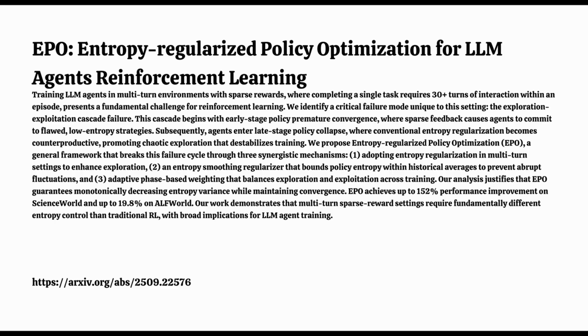And what about ALFWorld, those household tasks? Similar story, similar pattern, yes. For instance, using EPO with another algorithm, GRPO, boosted the success rate by nearly 20% on certain tasks there. But the really key thing across the board wasn't just the final score, but the stability. EPO seemed to ensure the learning process didn't just collapse into chaos. It provided this monotonically decreasing entropy variance, meaning the randomness became more controlled over time, leading to smooth convergence. Turning these really difficult, almost untrainable, sparse reward problems into something manageable. That appears to be the effect, yes.